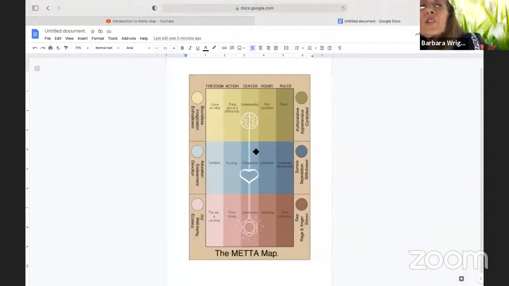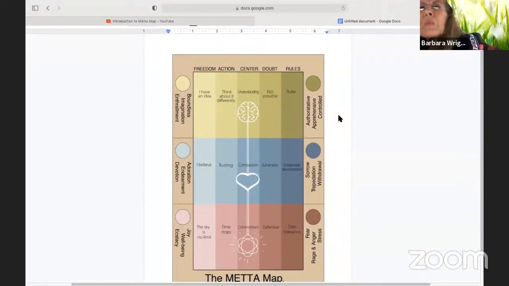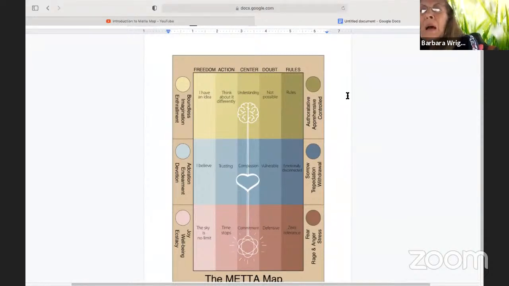First of all, let me just share with you the history of the map. It started as a game. I was invited to do a talk many years ago for these neuroscientists that I was working with, and they asked if I would do a presentation on the three levels of intelligence that I had been discussing with them. And so I put it together, and this is the final version of the map,